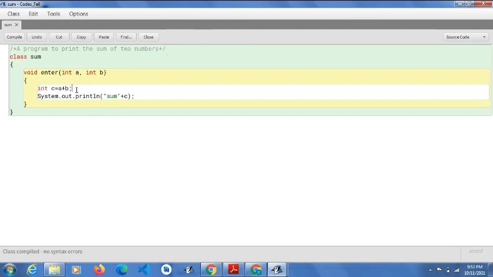this line is the formula. We have to write the formula for that, like I have taken c is equal to a plus b. If you have to subtract, so we have to take out the difference of two numbers, then we can use the minus sign. And if you have to do